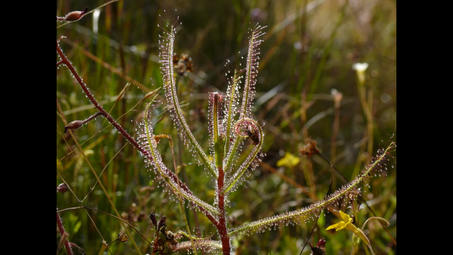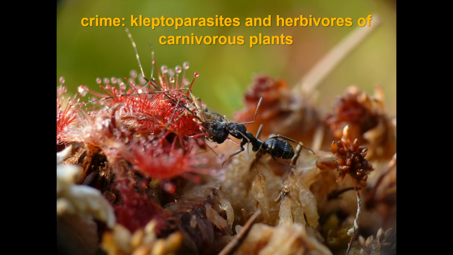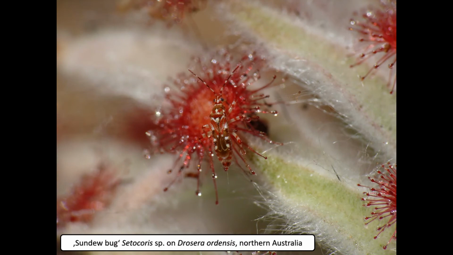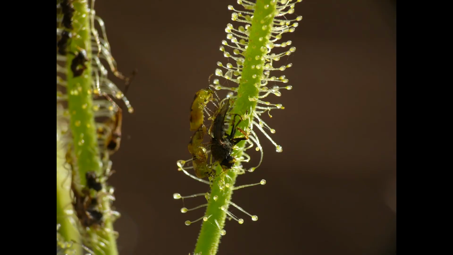A different crime scene of plant-animal interaction in carnivorous plants are kleptoparasites like this ant stealing prey from the sundew, and herbivores, so insects feeding on carnivorous plants. For example, a famous kleptoparasite in Australia are these sundew bugs, these assassin bugs, which live on Drosera and which feed on these insects. And even in the DNA barcoding, which we did in the field, we can detect these bugs even if they are not there,